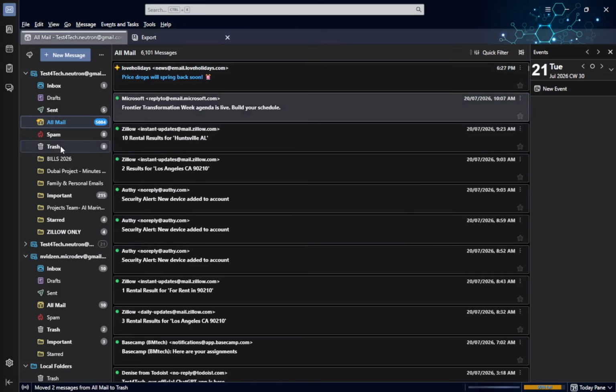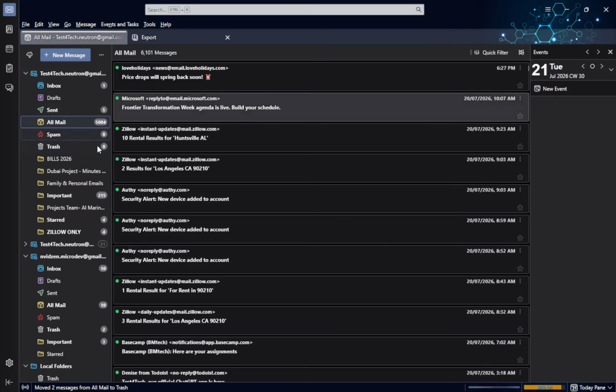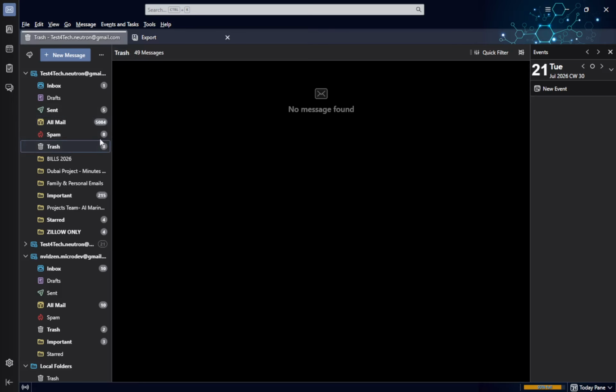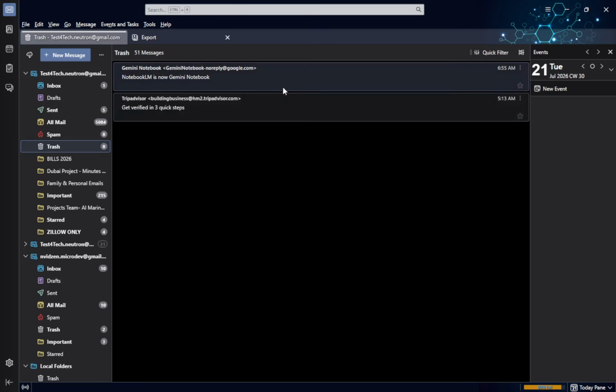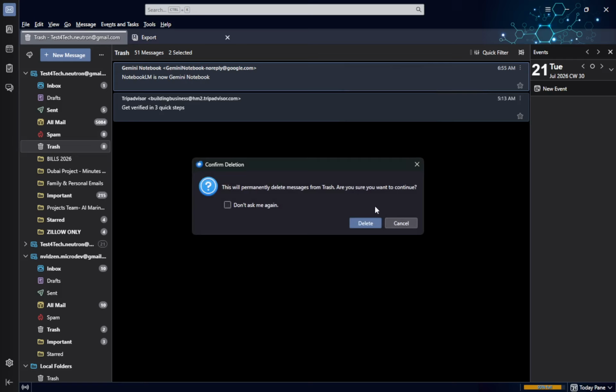This practice helps maintain the performance of Thunderbird and keeps your email application running smoothly. It is a simple yet effective way to optimize your experience and ensure that your account remains efficient and uncluttered. Note, the trash folder is different from the junk or spam folder. This distinction is important to remember as emptying the trash will not affect any emails in those folders. Being aware of this difference will help you manage your emails effectively.